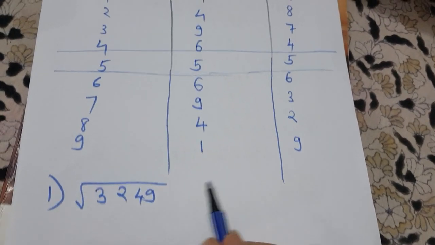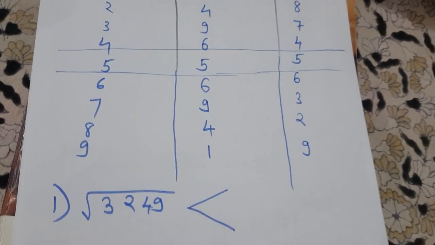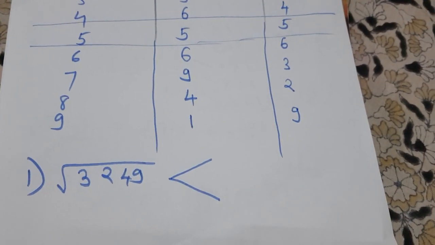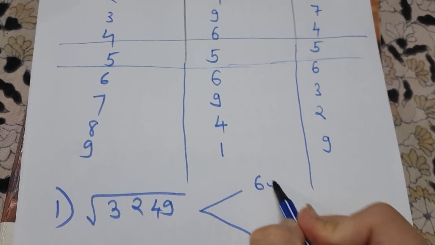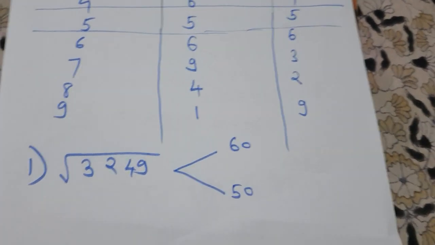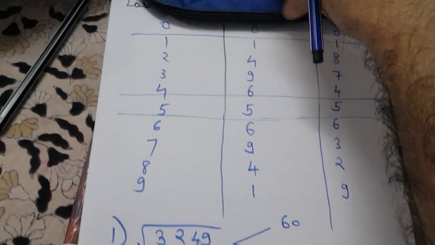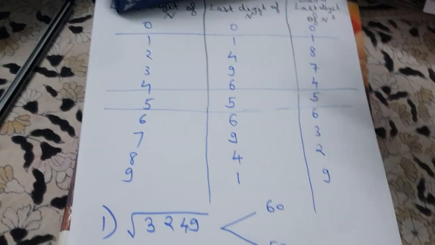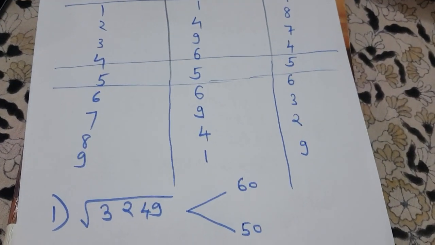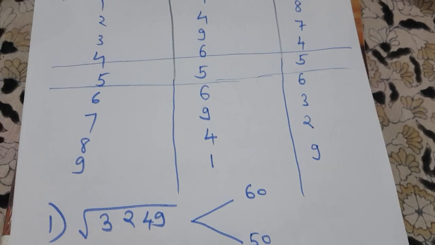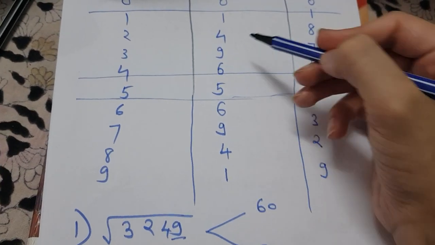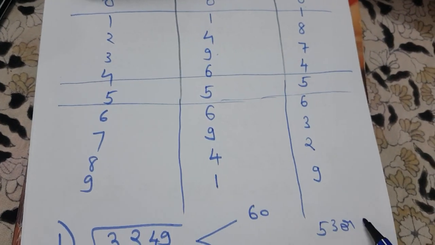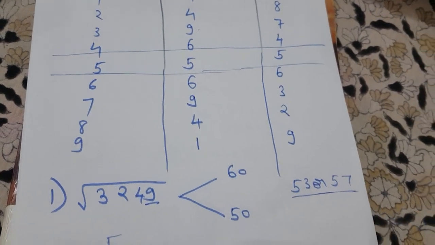We can easily get it, it will lie between which numbers? We know 50 square is 2500 and 60 square is 3600. So we know the range will be between 50 and 60. But since in square root we have a number repetition concept, right? You can clearly see in square root there is a repetition. So how will you find it? Now let us see, here the last digit is 9, so you can clearly understand it will be either 53 or 57. It will be the square root of 53 or 57.